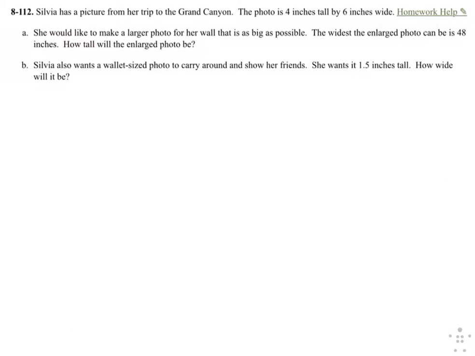Okay, so 112 says that she has a picture, and the picture is 4 inches tall by 6 inches wide, so something like that, right? So this is 4, and this is 6. There's the photograph. And then she wants to enlarge it, and they said the widest the enlarged photo can be